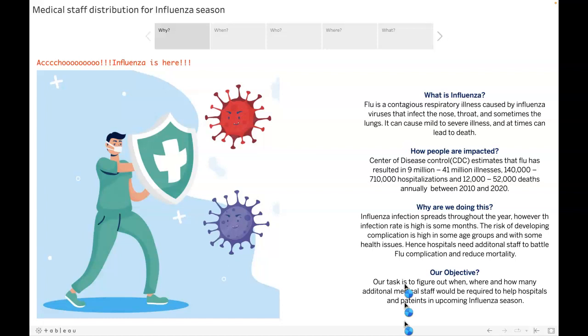Our objective is to understand influenza season and the vulnerable population, to help hospitals with the allocation of additional medical staff on standby, decrease the mortality rate, and help with the patients. Before we get into the analysis,